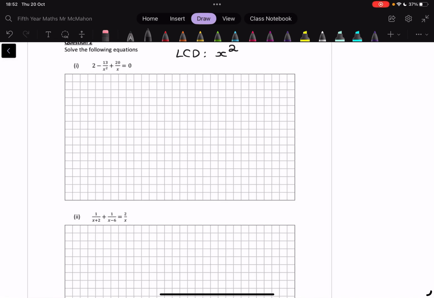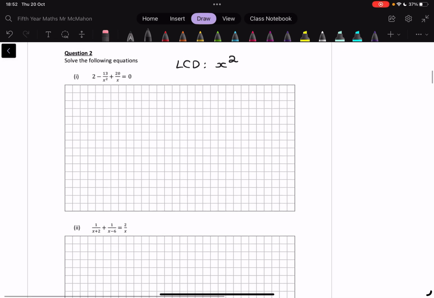Okay, so question 2 asks us to solve the following equations. The first one, we have a fraction, so we're going to look for our lowest common denominator. For this question, I would say x squared, because it's the easiest one that we can make all the fractions have the same denominator. So for the first one, I'm going to have to multiply the bottom by x squared,